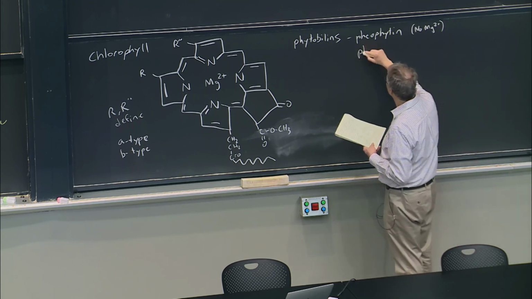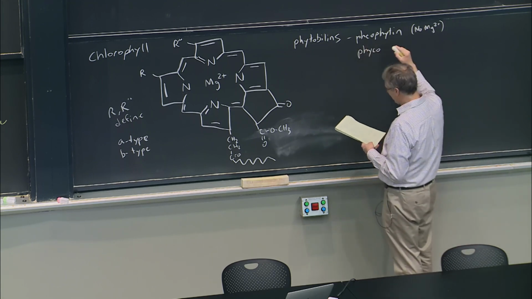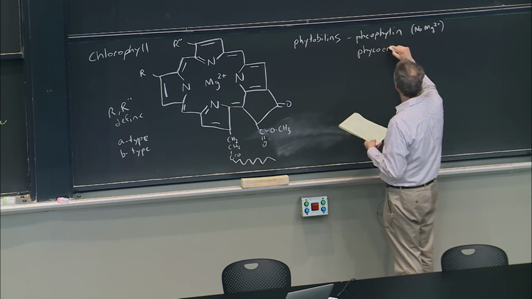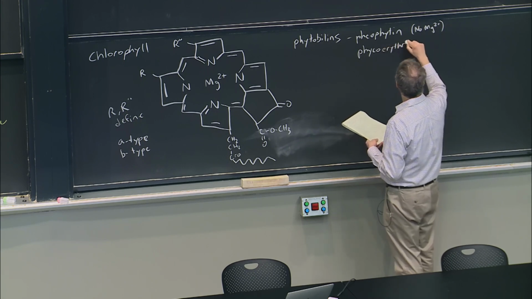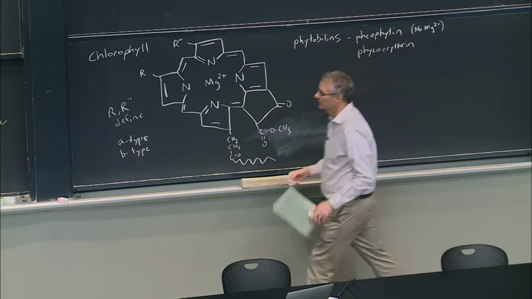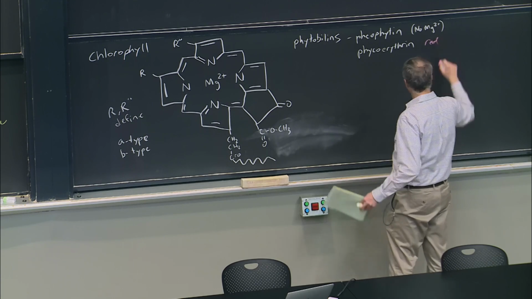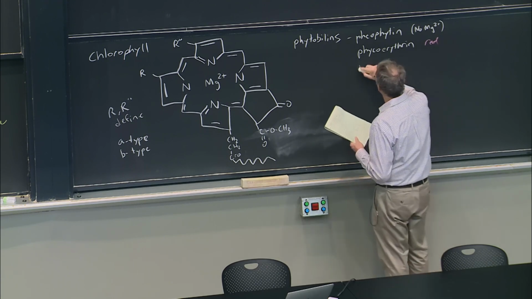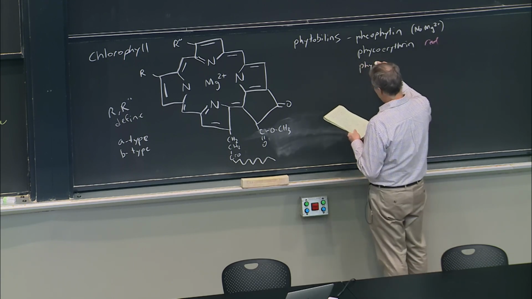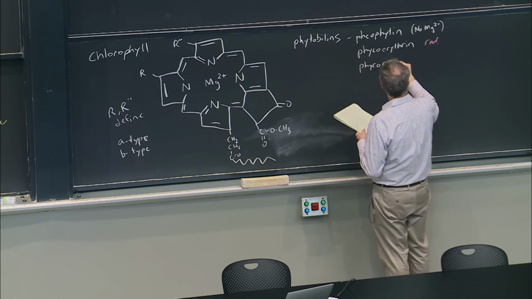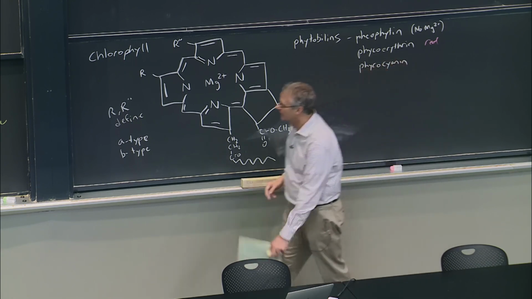And then there's other ones. There's so-called phycoerythrin, which you might guess is red. So that's a red pigment. There's phycocyanin, which, you might guess, is a